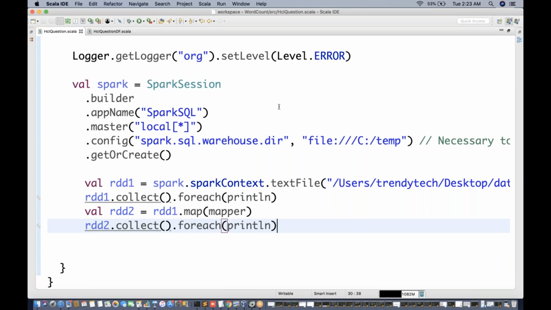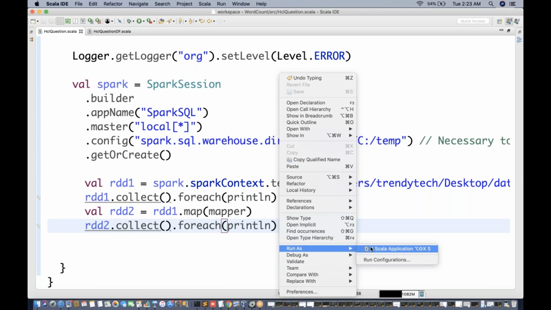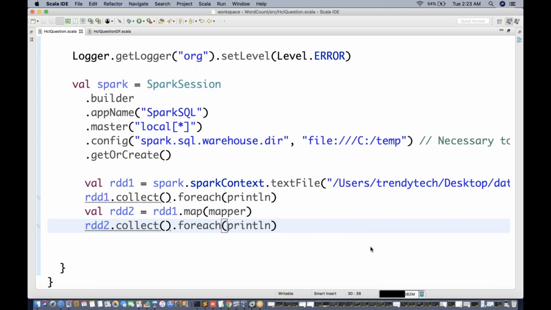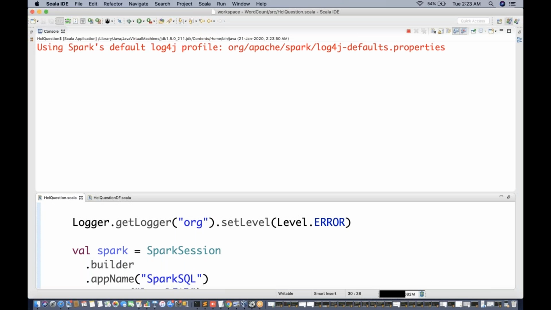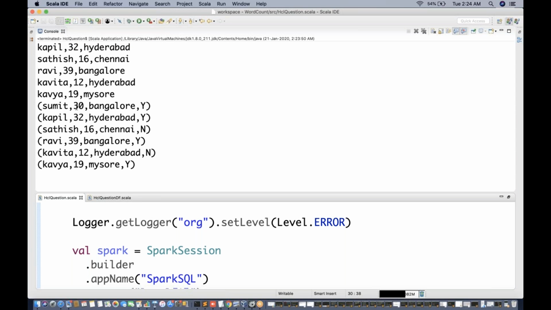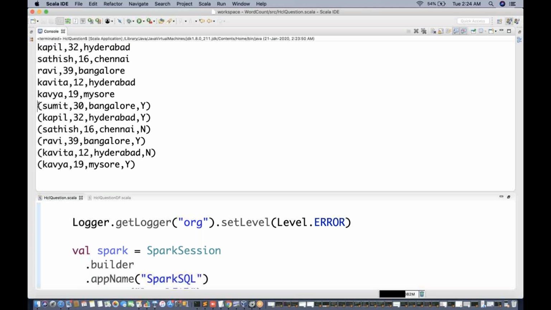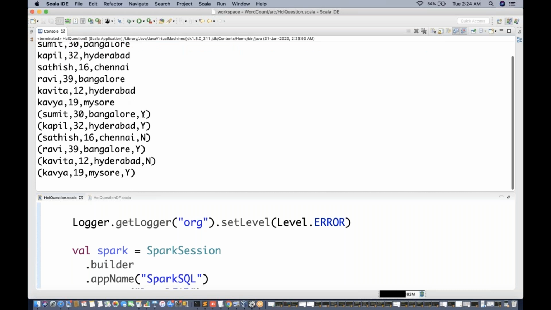Let me try to run it as a Scala application. You can see very well that whatever we wanted, we have done properly. The fourth column is populated for every row, and wherever age is greater than 18, it is Y,